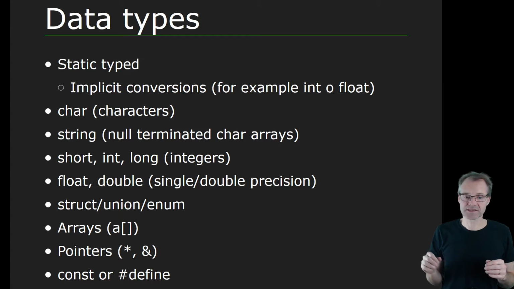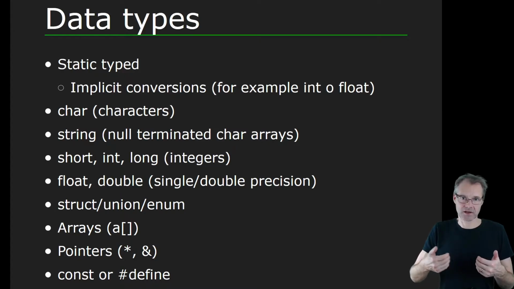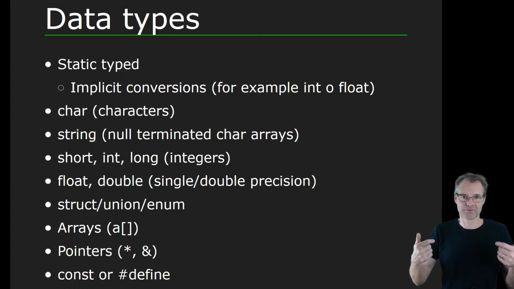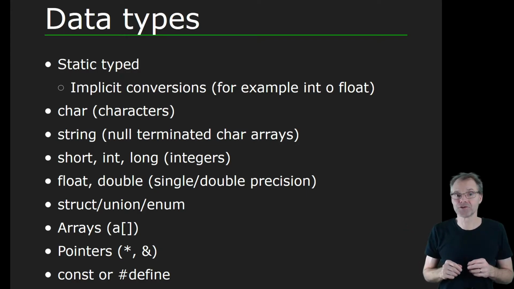We have arrays with brackets, so that is an array of integers, floats, doubles, or characters, where we have several values in a row, and we can access them using this bracket array notation. Then we have pointers, a very interesting